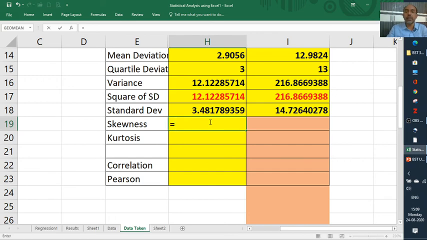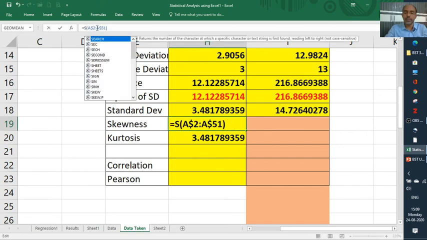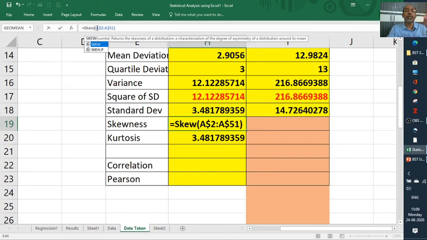Skewness is the formula. We'll use the same data, the only data I'm using. So for that, I'm changing the formula here. Skewness means just SKEW, that's enough.